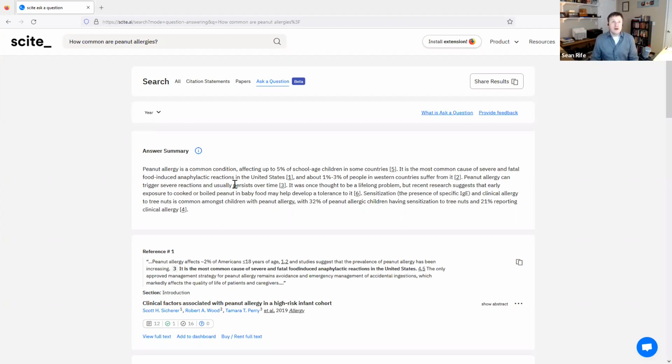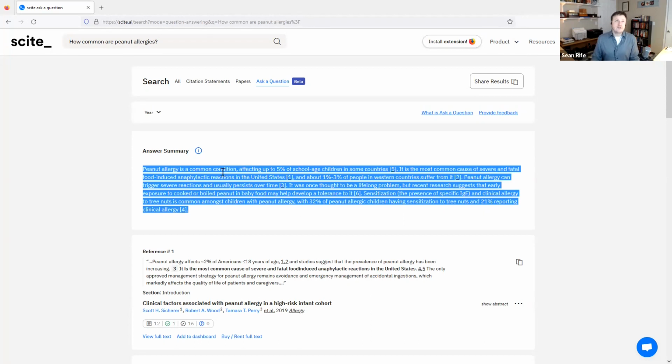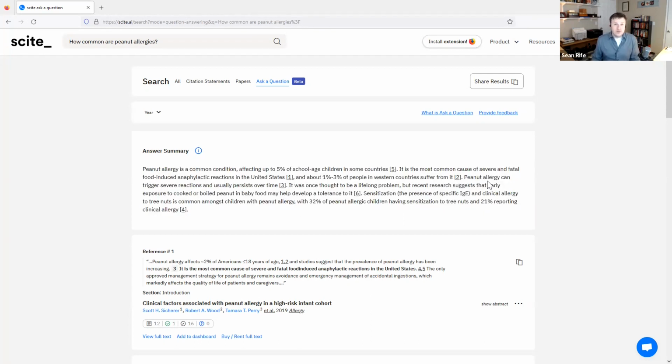At Scite, we've designed our algorithm to give answers that are both informative and accurate. So in our Ask a Question feature, this answer summary is posed in natural language, but it's natural language that is generated based on the scientific literature. What I like to say is that if the answer it's giving is incorrect, it's because the peer-reviewed scientific literature is also incorrect.